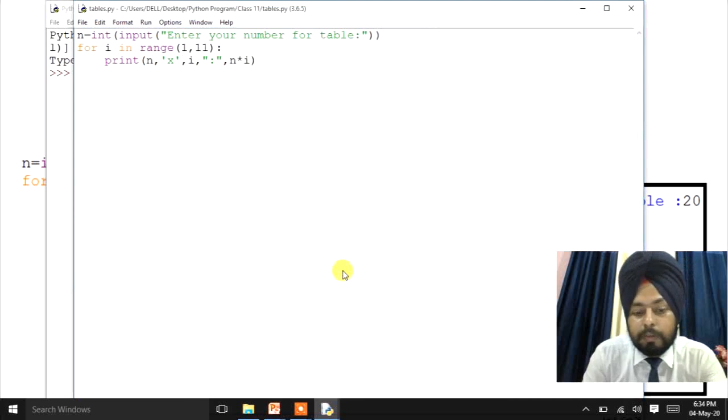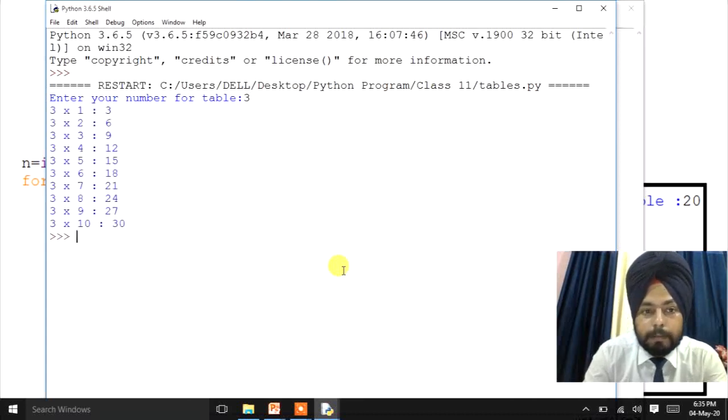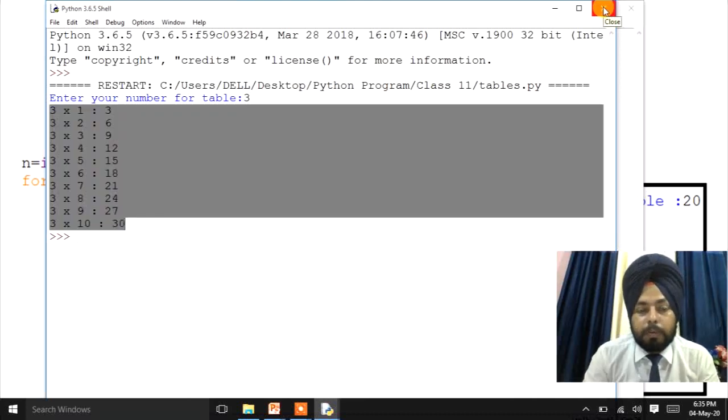Now I'll run the program by pressing F5. It is asking to enter your number for table. First of all we'll enter the value 3. Now it will print the table of 3. Got it? With this program we can use any number and get the output of any table.